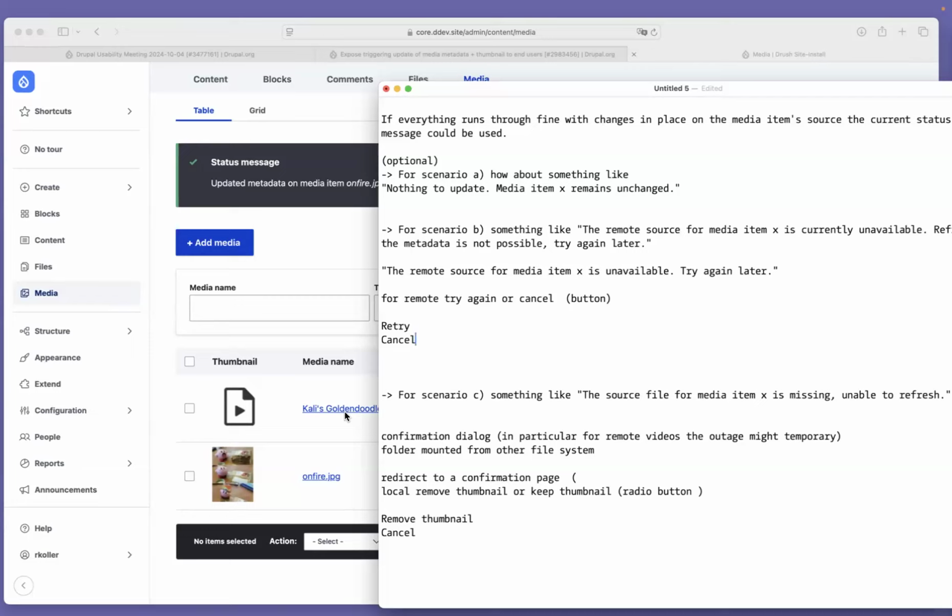So wait, you're suggesting some sort of signal outside of a status message? Or something that would be visually different. So that's why that warning would be enough, but it's not a warning either.